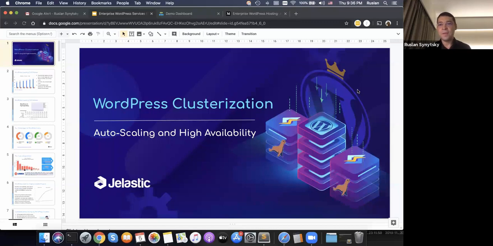So today at the webinar, we are going to learn how to build a highly available and scalable WordPress solution. Believe me, WordPress in general looks simple, but when it comes to clustering, it's really complex. It's not easy to set up manually.